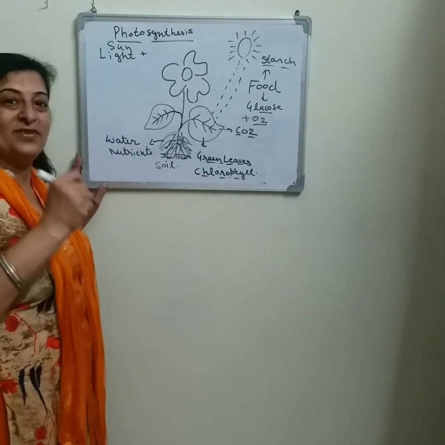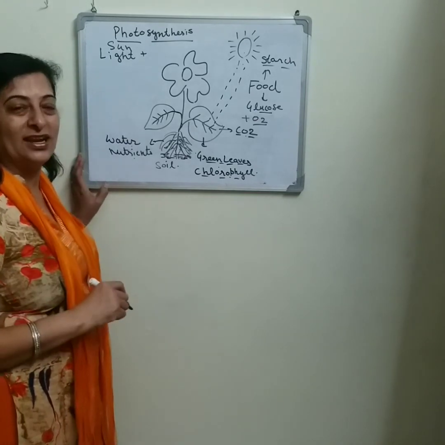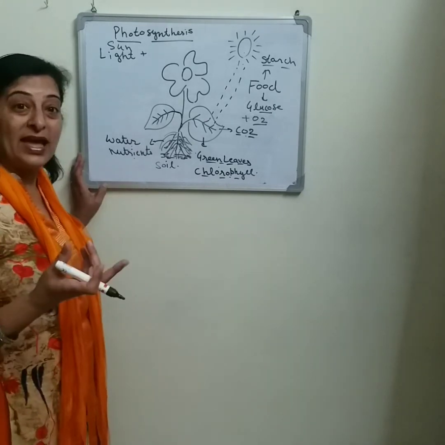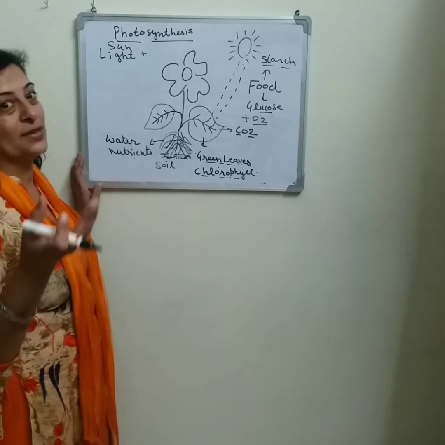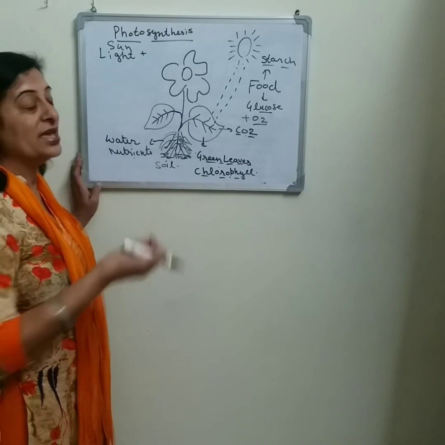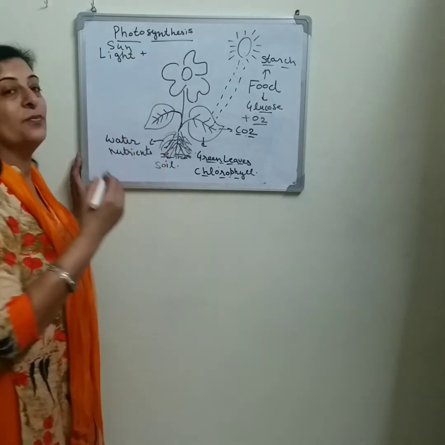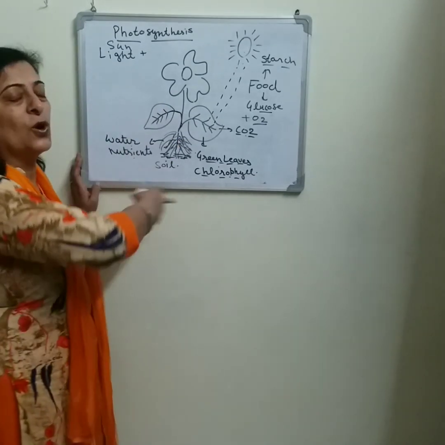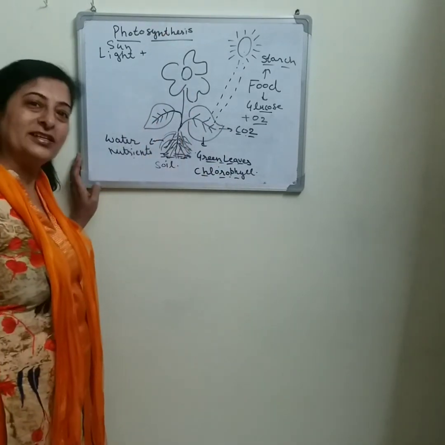So can you tell me the names of the fruits or foods we can obtain from plants? Yes, like apple, mango, papaya, orange, or potato. These are foods stored in different parts of a plant. So plants are the producers because they produce food for all living organisms through the process of photosynthesis.